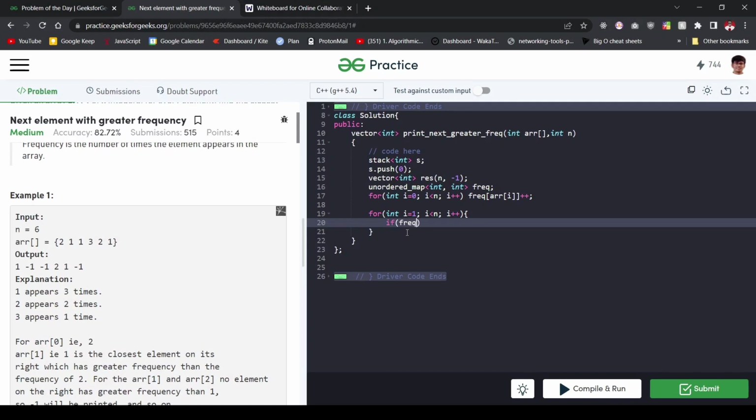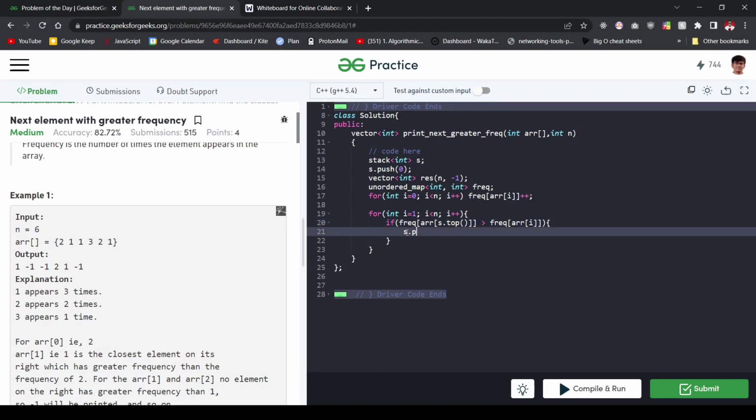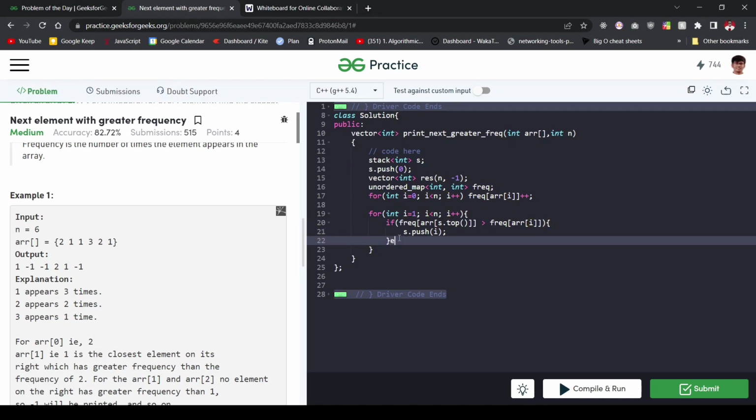So we'll make a check if the frequency of array of the stack's top is greater than the frequency of the current element, which is nothing but array of I. If that is the case, we'll simply be pushing the element onto the stack, and we'll be pushing the index itself and not the element. And within the else block,